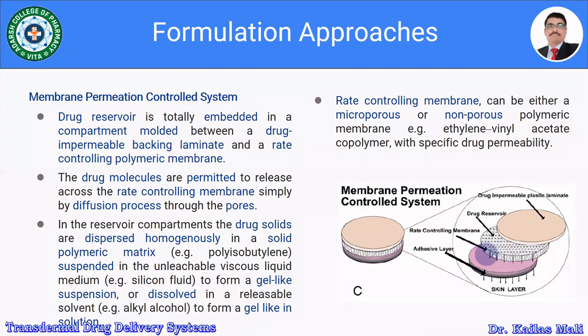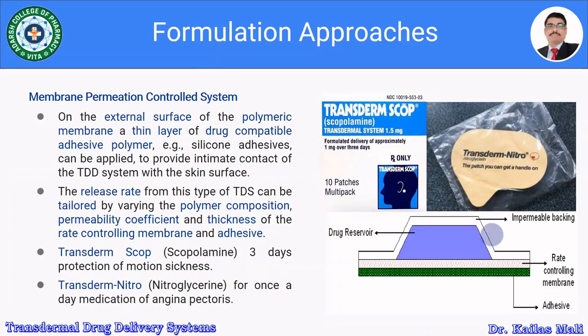So the rate controlling membrane can be either a microporous or a non-porous polymeric membrane, which is made up of an ethylene vinyl acetate copolymer with a specific drug permeability. So on the external surface of the polymeric membrane,